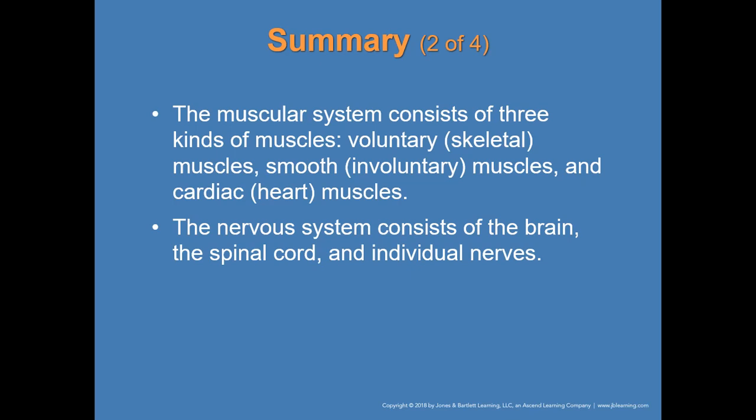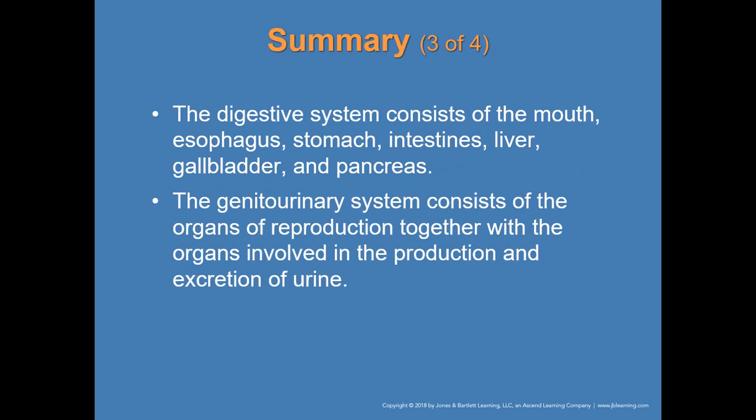So your nervous system, we talked about the nervous system being the central computer for the body, all right? Everything your body does goes through the brain. Right? And then the digestive system, right? That starts at the mouth and then it ends at the anus, all right? So everything you eat, your body's going to pull all of that good stuff out and it's going to get rid of all the bad, okay? And then the genitourinary system, that's your reproductive organs. That's your kidneys, right? That's where your blood gets filtered and that's how we sustain life,